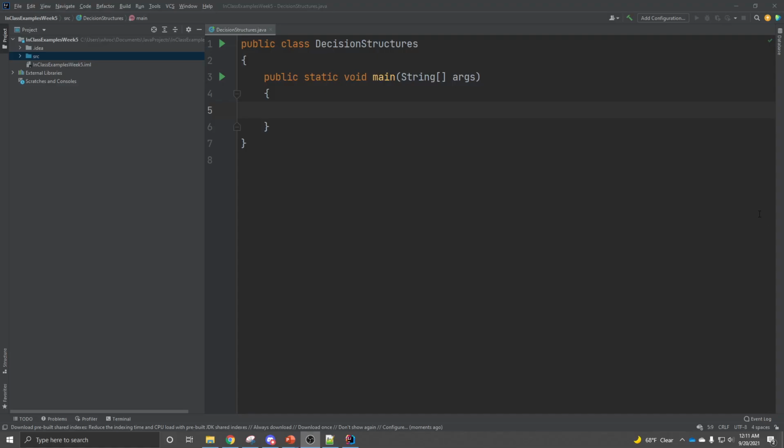So to do some examples of the if statement and the if else statement, I switched over here to IntelliJ, and I'm actually going to show you how both of those kind of work. So let's say that I have a variable. I'm going to declare an integer variable